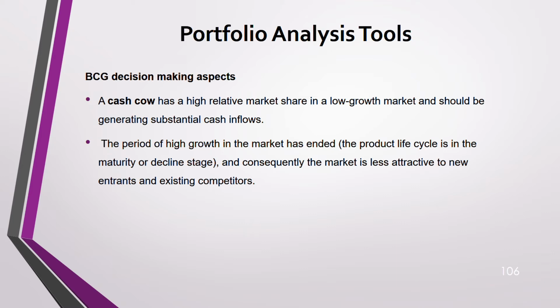Currently, the ones who are there can survive. But if a new entrant or competitor wants to come into the market, it's difficult for them. They do not want to come. It's not attractive because the market is not growing. The product life cycle is almost at maturity and declining. How can they come and compete there, right? Even the existing competitors who are there will want to leave the market. It is not attractive any longer.